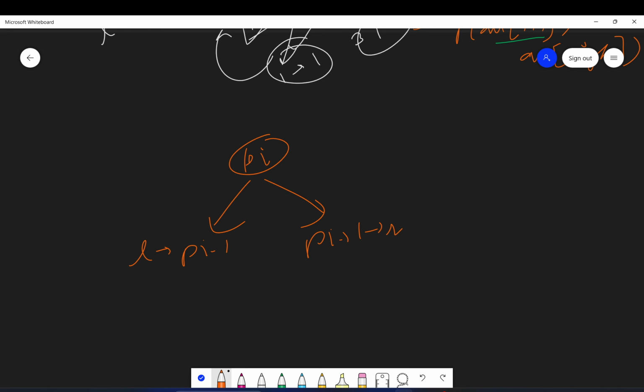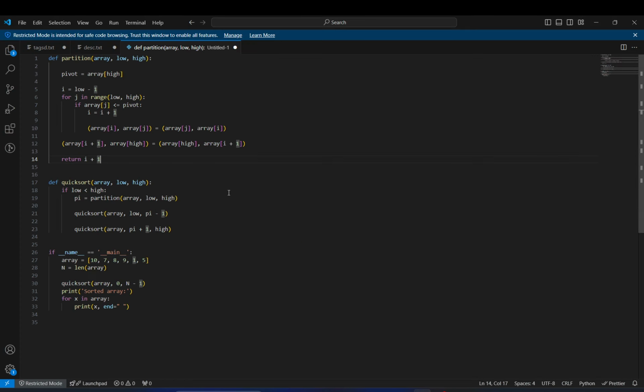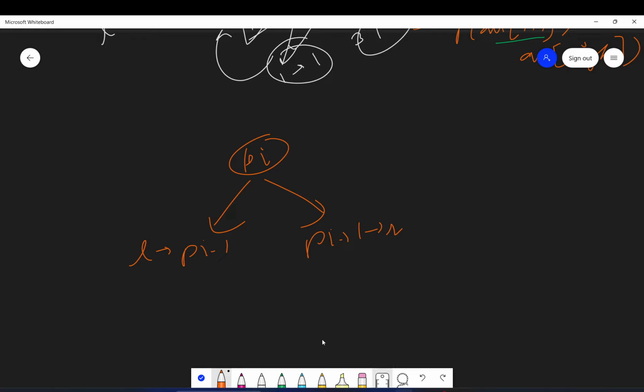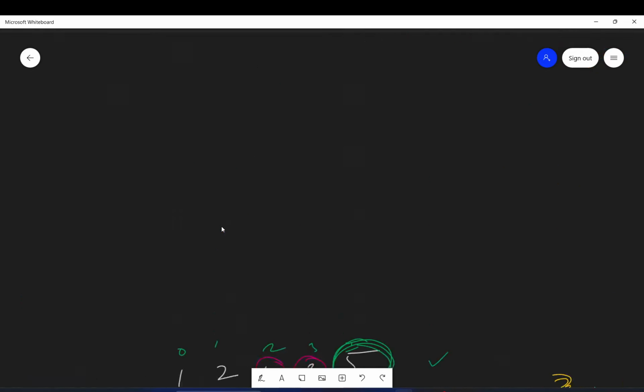I hope you understood. Let's quickly see the code. So in quicksort, we are calling with low and high. If low is less than high, then we find out the partition index and then we call quicksort recursively from low to pi minus 1 and from pi plus 1 to high. Let's see what the partition function is doing. We take pivot as the last element and we initialize I to low minus 1. Same thing we were doing.